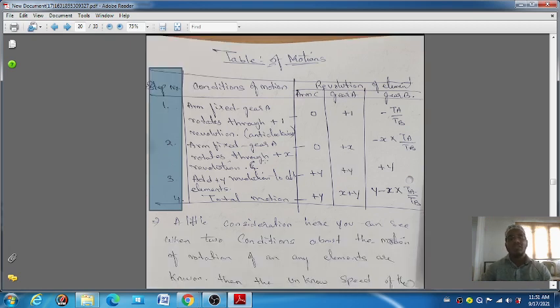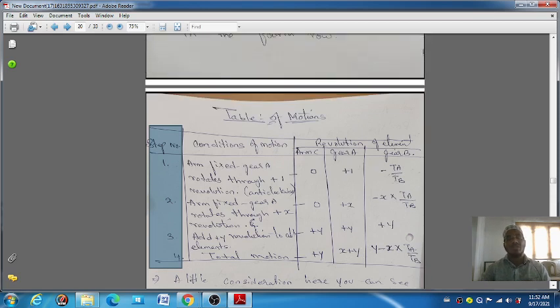The second is plus x. Here we are taking plus x. In the third column, as I told you, we take plus y, which is another revolution. x and y are revolutions, the second time and the third time. For the total motion, you have to add these two, x plus y. So minus TA by TB: gear A is plus, and for gear B you have to take minus, because one is clockwise and the other is anti-clockwise. Next, why are we taking minus x here? Because gear A is in the anti-clockwise direction, that's why we take minus x here.